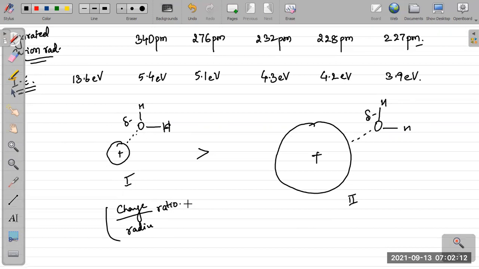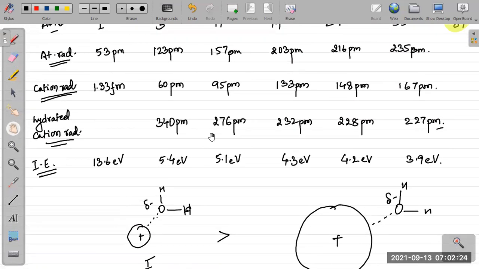ratio. So lithium has this ratio, greater ratio, and therefore it will have a greater binding capacity. Then we have ionization energy trend. Ionization energy for hydrogen is 13.6 electron volt, quite high, but for the rest of the elements, lithium onwards, it's significantly lower. 5.4 electron volt, 5.1 electron volt, 4.3, 4.2, 3.9. These are the lowest values